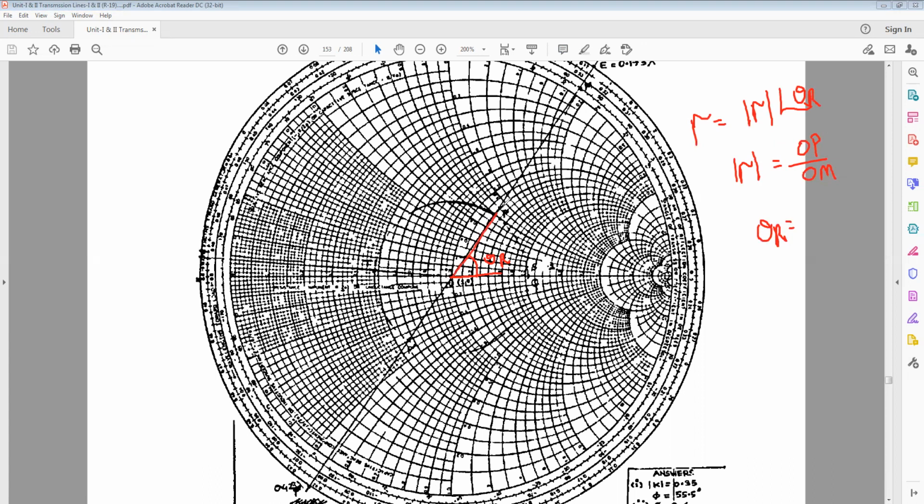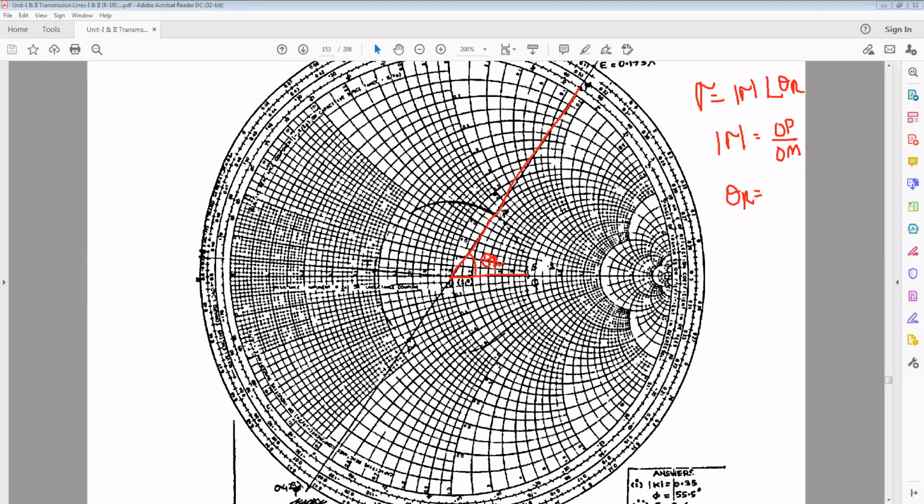This is the angle of OP extended to the value at M. With the distances OP and OM, we get the reflection coefficient gamma and angle theta, and with the distance of O to P,